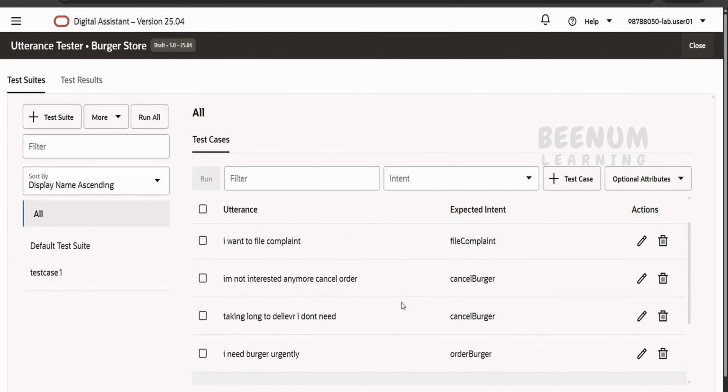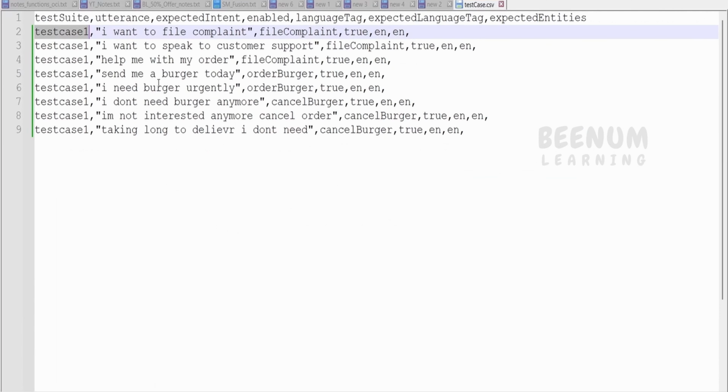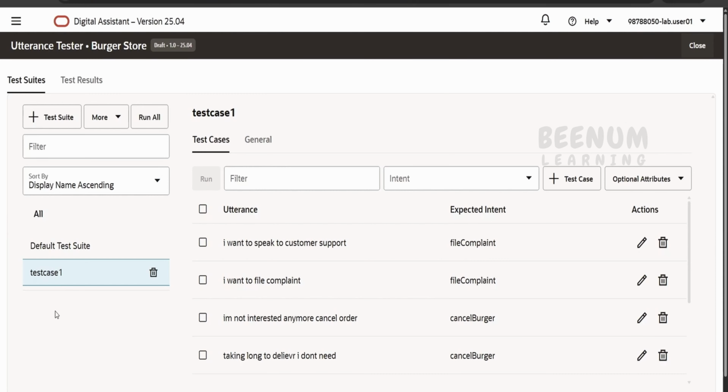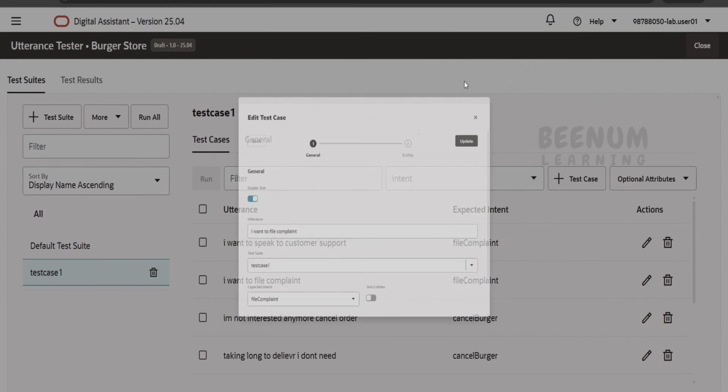We basically had 8 test cases over here and it has created a test suite with the name we had provided. Suppose you want to give a different test suite name, for 4 rows you want one test suite name and for 4 you want a different one, you can do that as well. Now with this said, if you want to delete, you can delete, and if you want to modify, you can modify this. If you want to disable anything from the run,